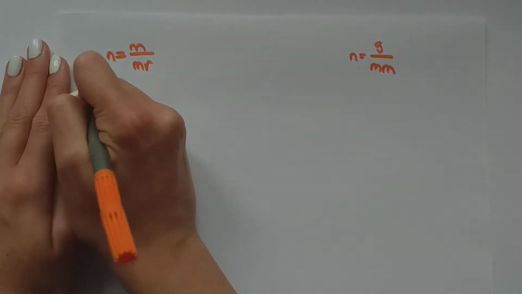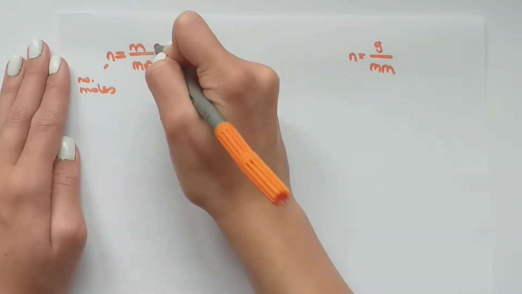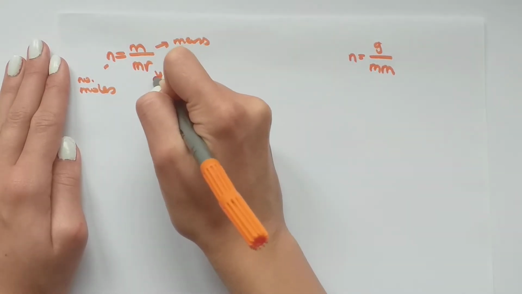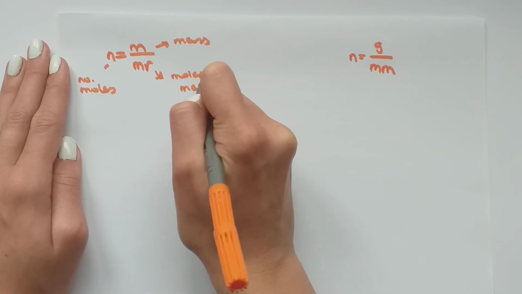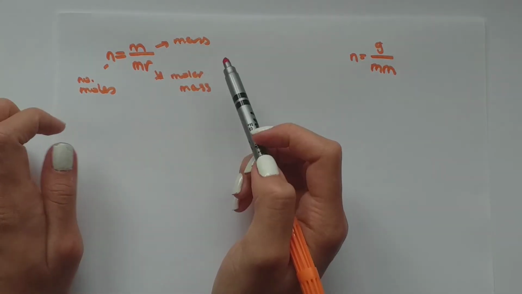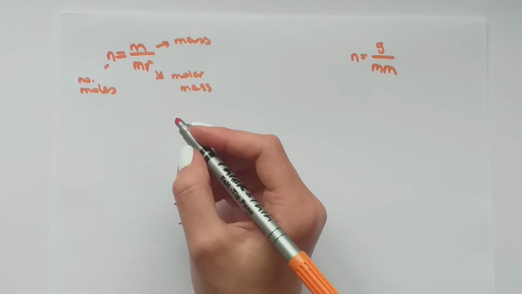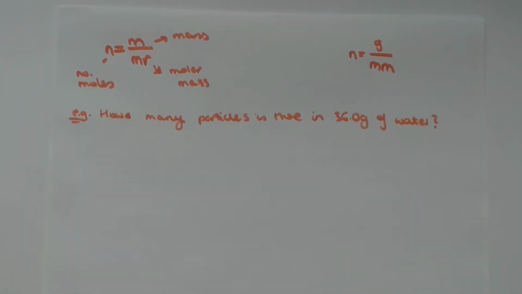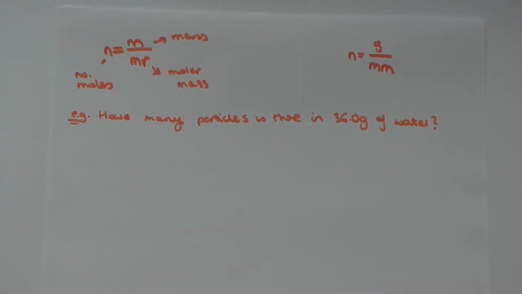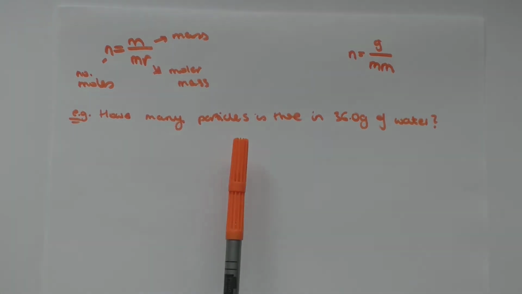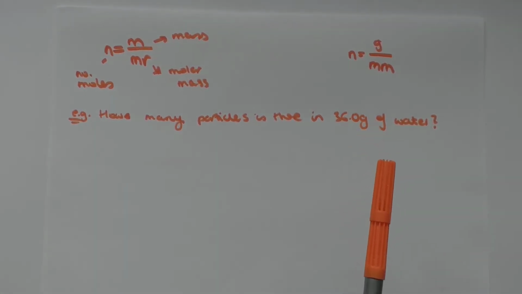So this is our number of moles. This is our mass and molar mass. And now let's try an example. That will be the easiest way to explain this. So our example question is, how many particles are there in 36 grams of water? Although we're not actually asked about the number of moles, we are asked about the particles instead, but you still